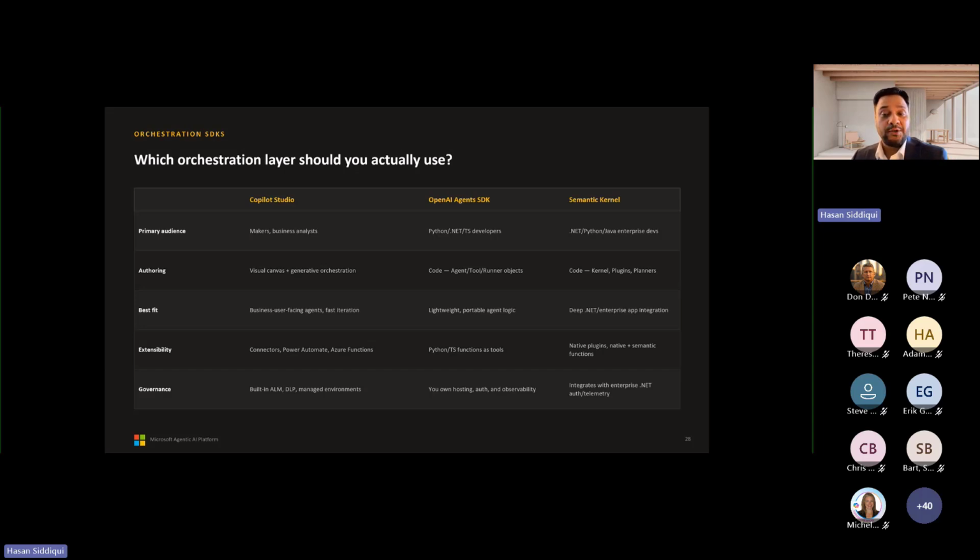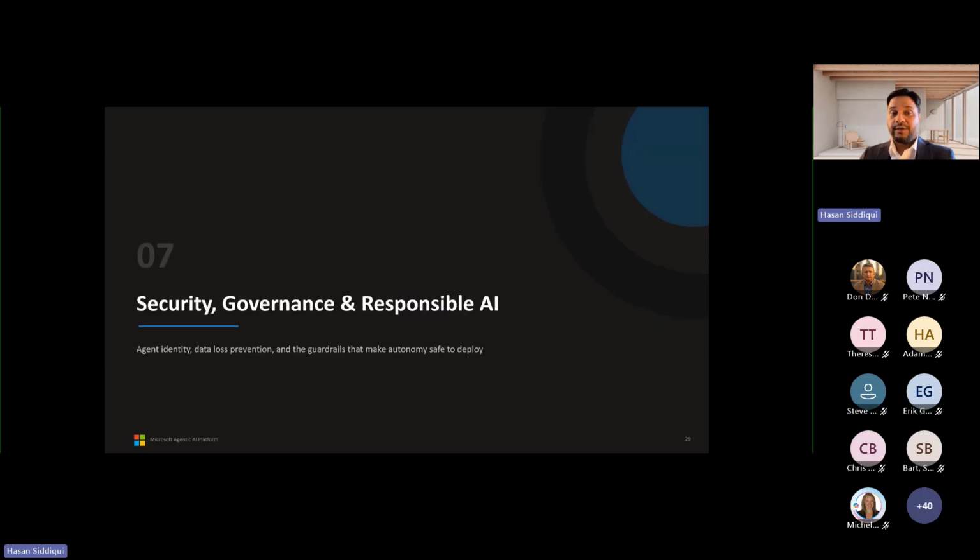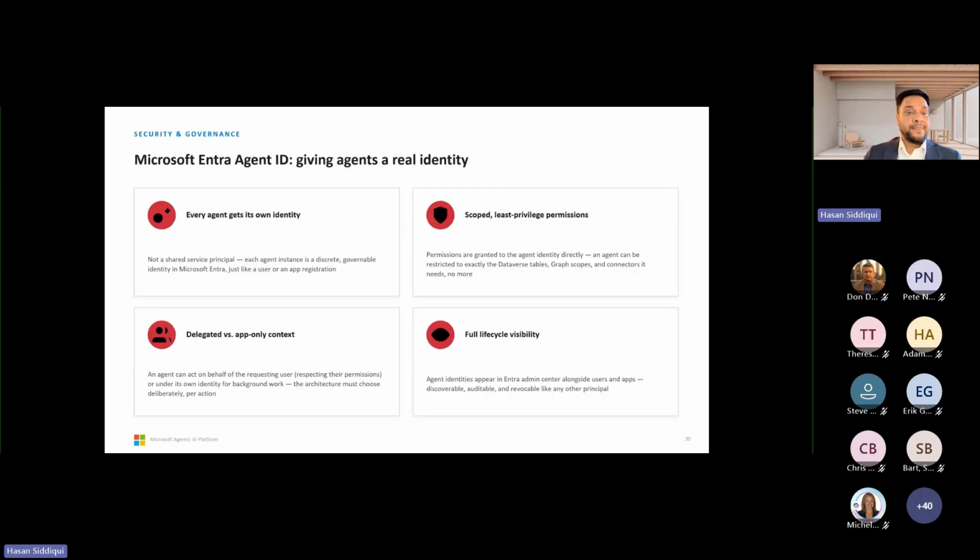Those agents are complementary and not mutually exclusive. Copilot Studio is very good for businesses where the Microsoft ecosystem is running. So I'll go for security, governance, and responsible AI. What the agent can do is one thing; this section is about what stops them from doing the wrong thing. In every enterprise engagement I have run, I want to go through the three pillars here.